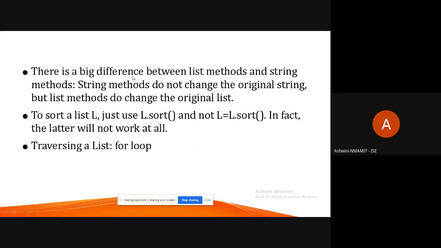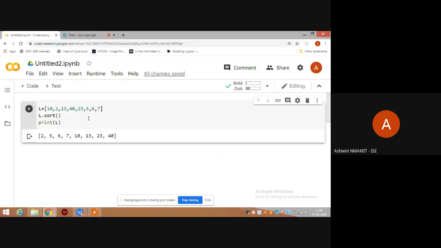So now there's a big difference between list methods and string methods. String methods do not change the original string, whereas we can change the original data in a list. That is what we call mutable. In the strings video, we had discussed that strings are immutable, and I also demonstrated what immutable means. The same goes with the list, but then it is mutable. So that means in the existing list, I can change an element.